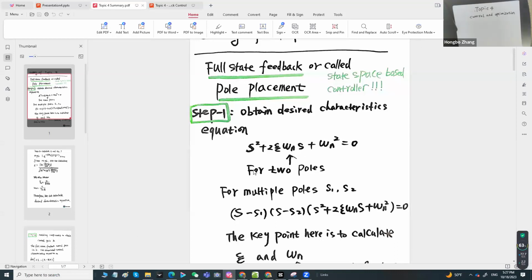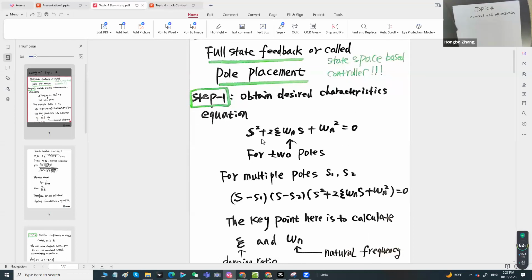So I leave this one here. All right. So we know this is the characteristic equation, right? We know these are the correct equations. And as long as we know eta and omega n,